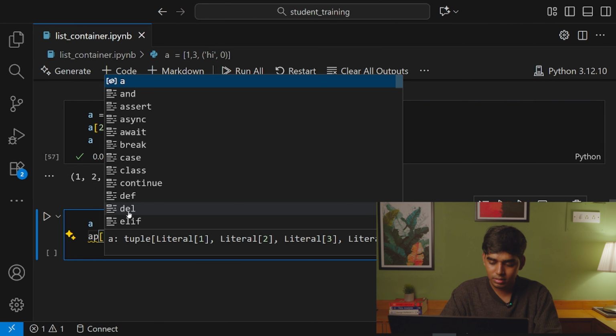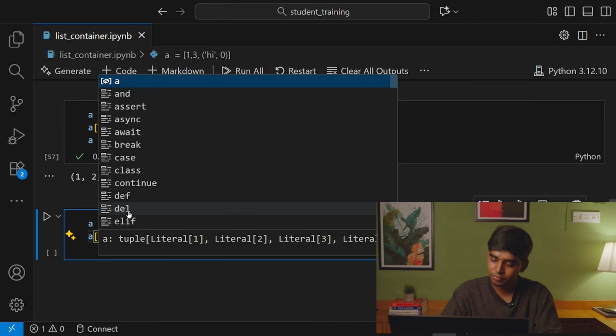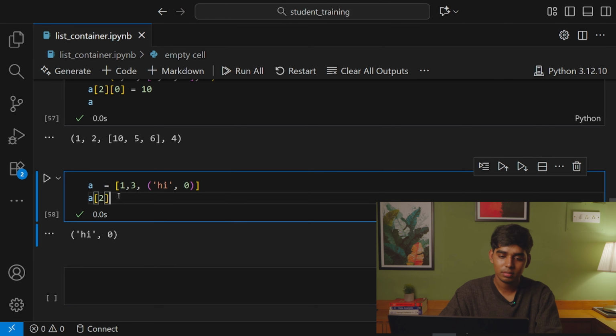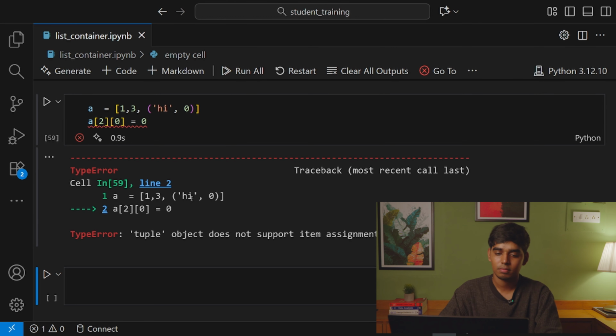Now you try to change the value of the tuple, you try to set index 0 equals 0. See,